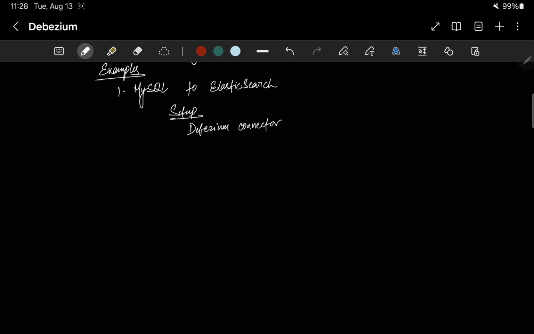Debezium connector. So we configure the MySQL connector to capture changes from specific tables. Next comes Kafka topics. The data changes which are captured are published to Kafka topics, and then the Elasticsearch sink connector. So use an Elasticsearch sink connector to index the changes into Elasticsearch. The outcome is Elasticsearch indexes are updated in real time as changes occur in MySQL, which enables powerful search